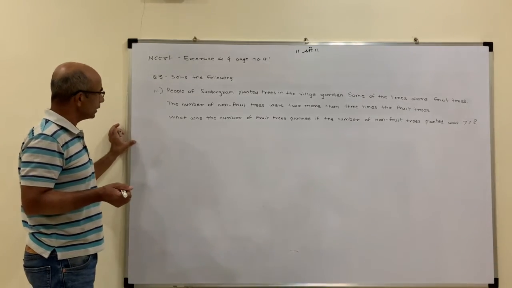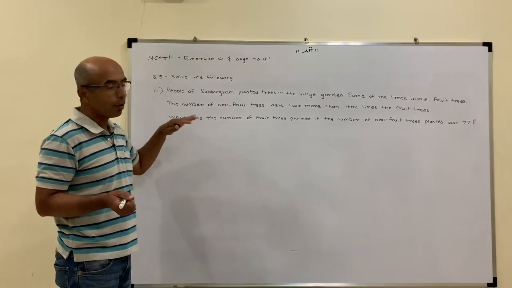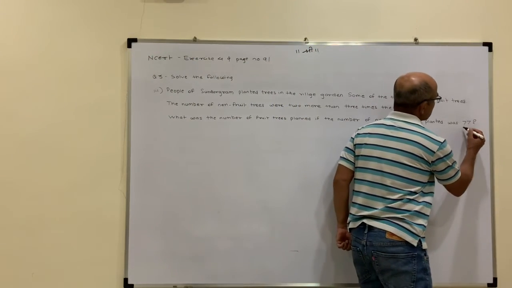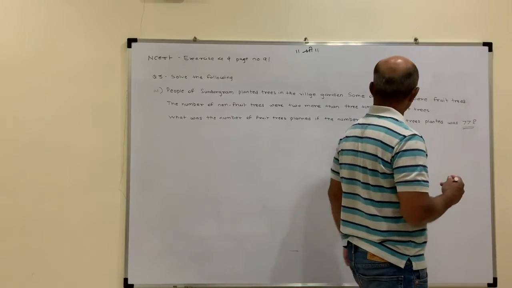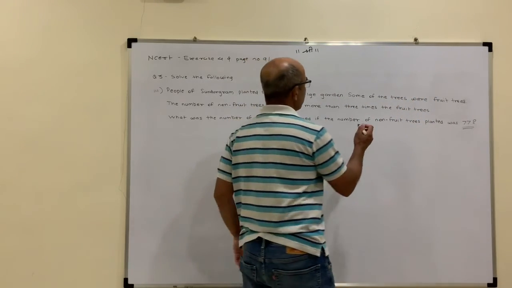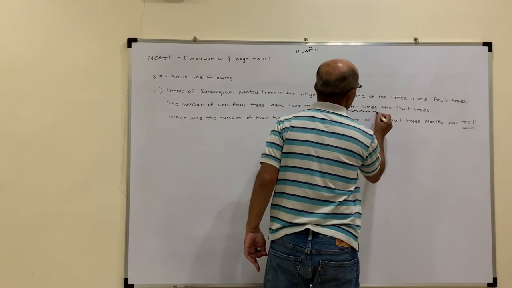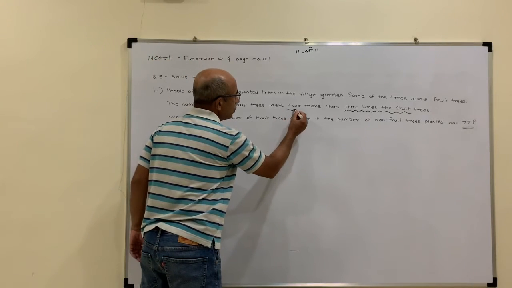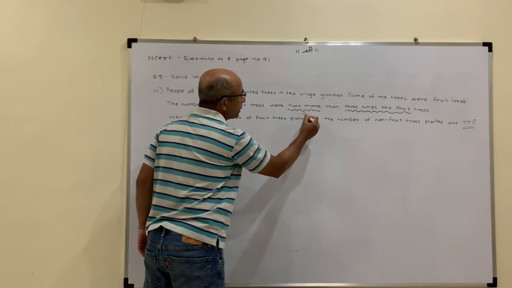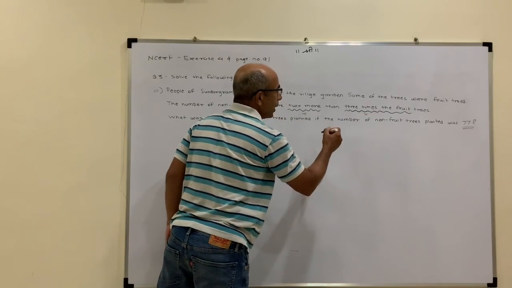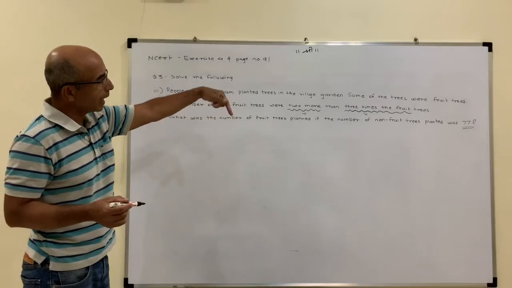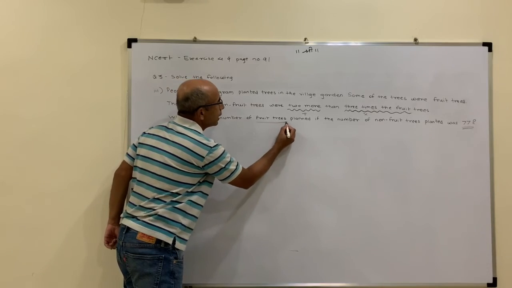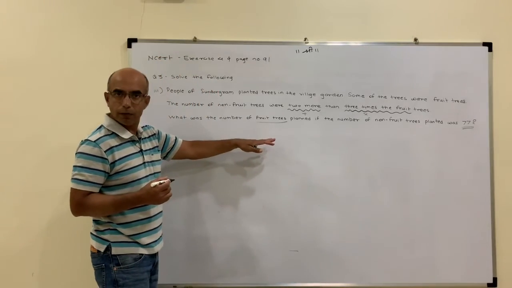Now let's first understand and underline the important parts of this question. What they say, the non-fruit trees planted was 77. So we have this number over here, 77. Then what they say, 3 times the fruit trees. So here you need to understand 3 times the fruit trees. What did they say? Well, 2 more. So 2 more is plus, 3 times is multiplied, and the fruit trees, the 3 times what? The fruit trees. What was the number of fruit trees? So here we need to find the value of fruit trees.